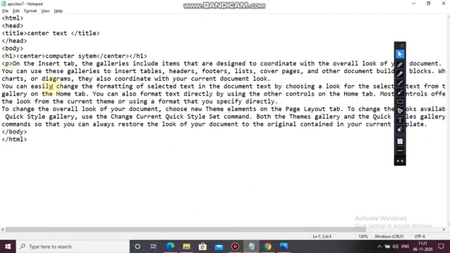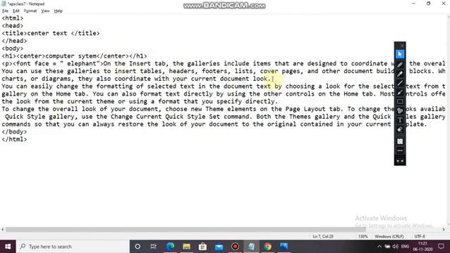Now here I am going to use font face. Font face equals to double inverted comma, elephant is a font name, then double inverted comma, until where you want the changes.